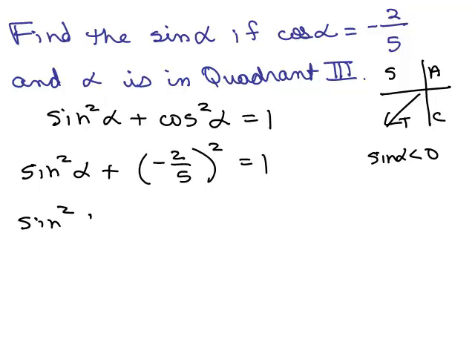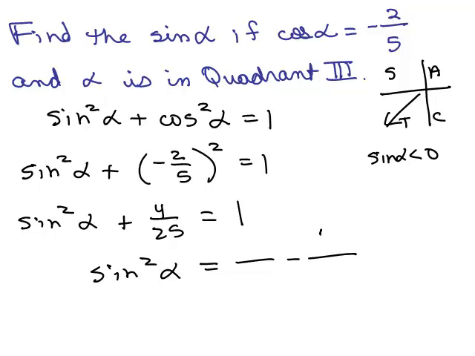So sine squared alpha plus 4/25 equals 1. Now I'm going to have to subtract 4/25 from both sides. So I'm going to write 1 with a common denominator. Since I'm subtracting 4/25, I'm going to write this as 25/25. So the sine squared alpha is